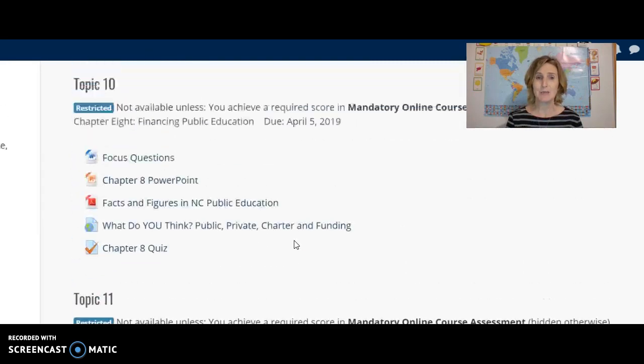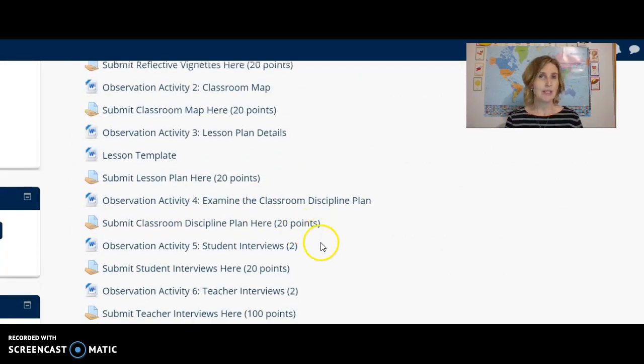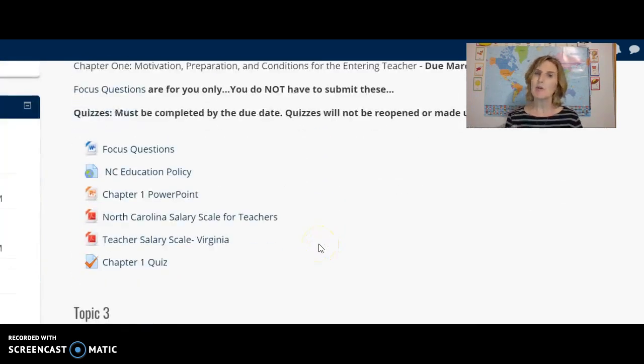This is one of those courses where skimming the chapter is probably not your best idea. I know that when we look at the quizzes and we think, oh, okay, this is open book, I can use my book for these quizzes. You can do that, but please do not skip the reading and go straight to the quizzes, because this is not the kind of quiz where you turn to page 14 and you have a sentence and you fill in a word that's the same as what's in that chapter or on that particular page. That's not this kind of quiz. So you want to make sure that when you read, you understand the concept and that you can apply that concept to a new concept or a new area.